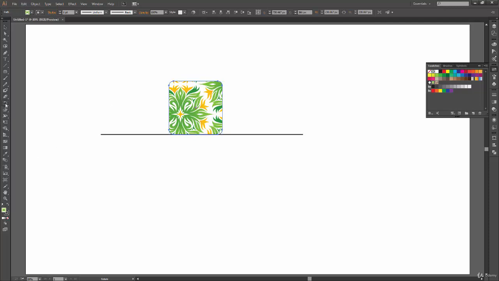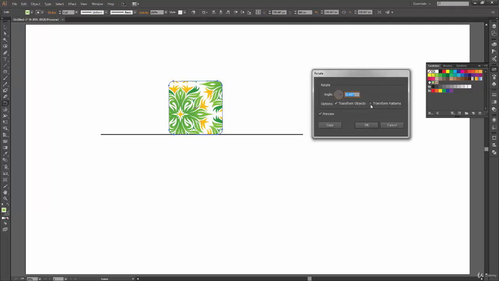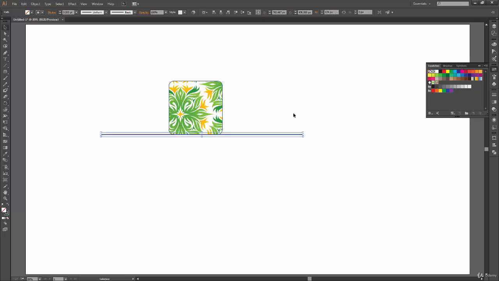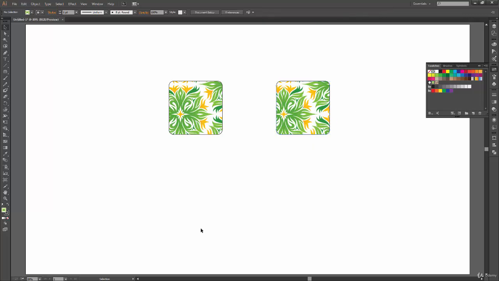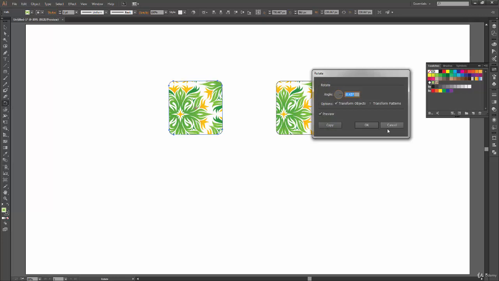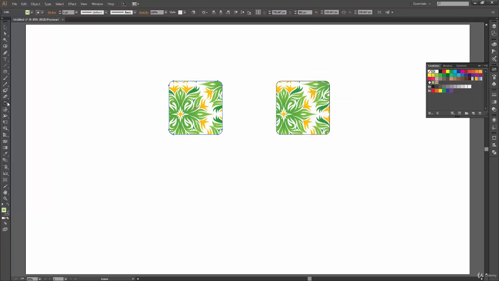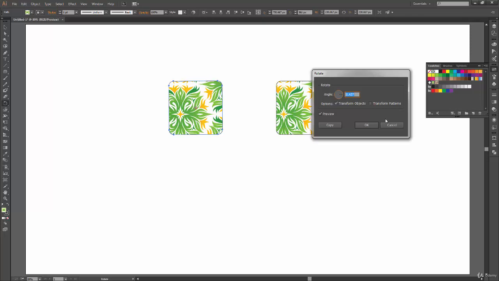Now let's see this rotate tool. Now it has this transform pattern unchecked on it. So to have a demo for this one, let's copy this shape 2 times. I'm pressing the Alt key to copy the shape and the Shift key so that it copies on the same single axis, horizontal axis, and release my key. Okay. Now let's make some changes to the first shape and double click on this tool, and this time we have unchecked this one and it's good.